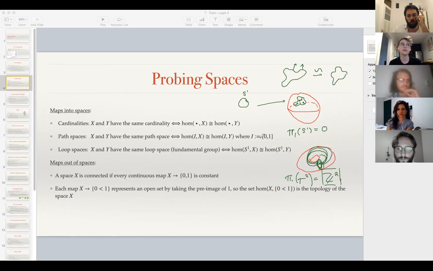Okay, of a circle will be Z. I see, okay. Yeah, so a circle can loop around itself in either direction as many times as you want. So that's gonna be Z, but on the sphere itself, which is a weird fact, and if any of you have